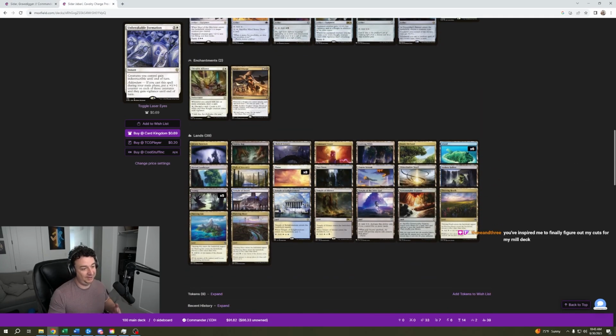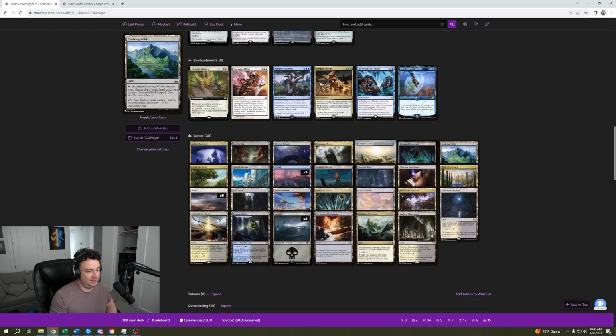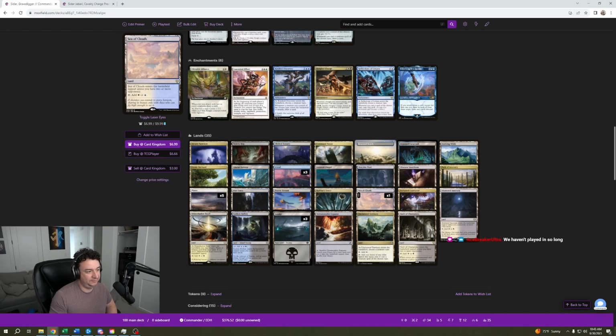By fixing the mana base, you do not need to have 39 lands in here. And that's just by putting a little bit of money into the lands to make it better. So the first thing that I did was I added the battle bond lands. They are kind of expensive, but battle bonds are just...